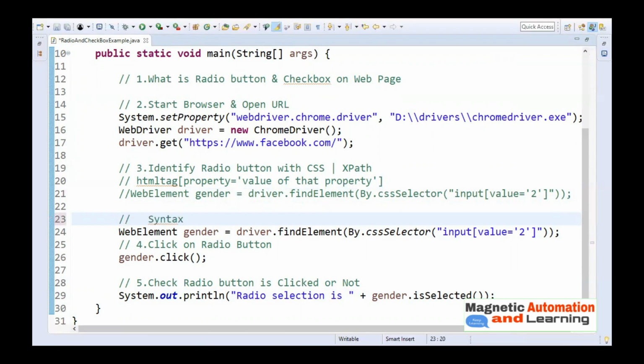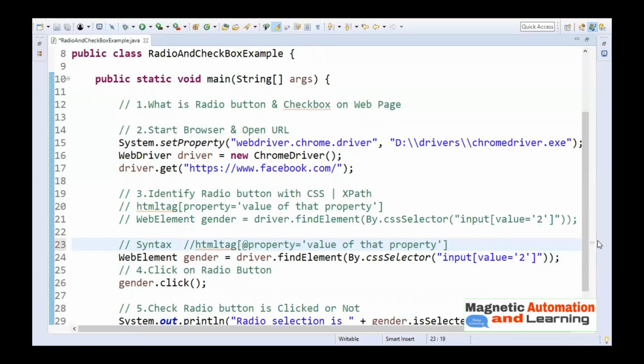Relative XPath always starts with double slash, and it also has the HTML tag, square bracket. Only difference is that here the at the rate property is used. Rest everything is common: property equals to, in single quote, value of that property. Okay. So this is the syntax.